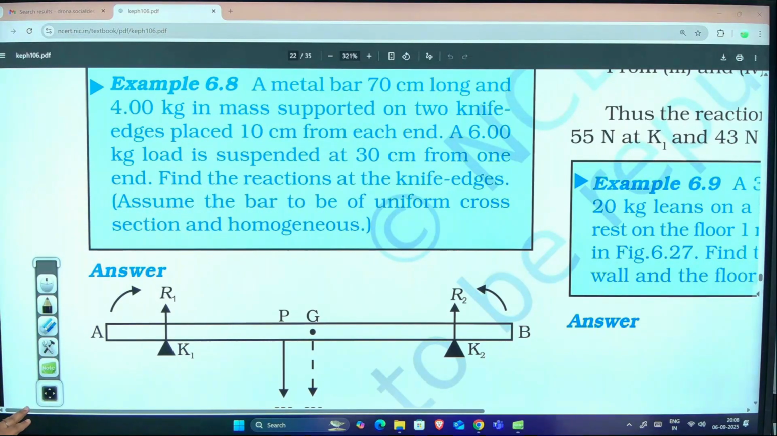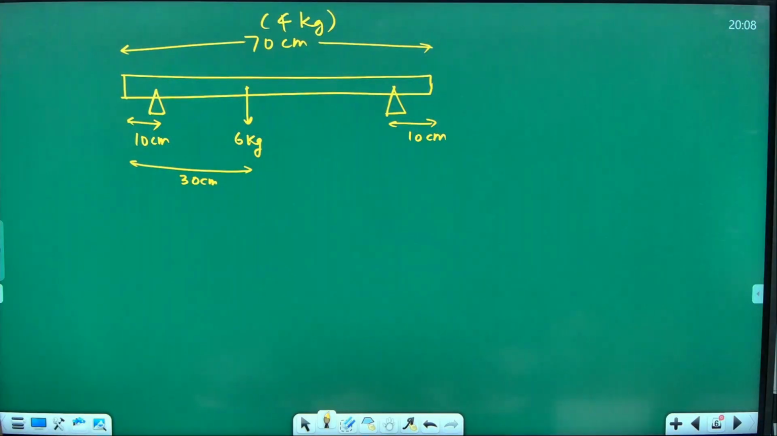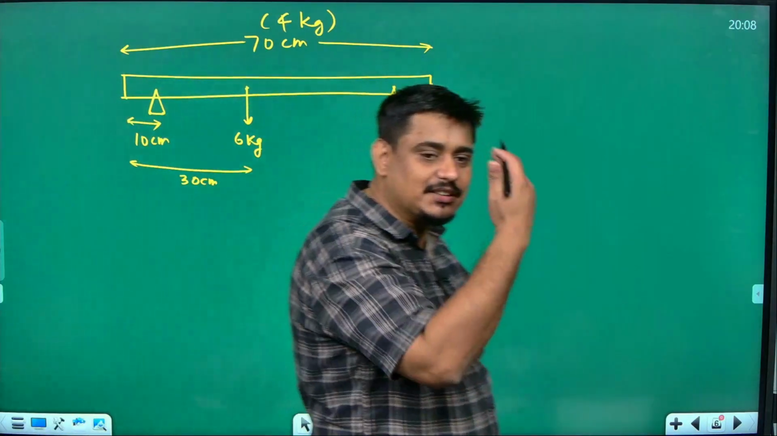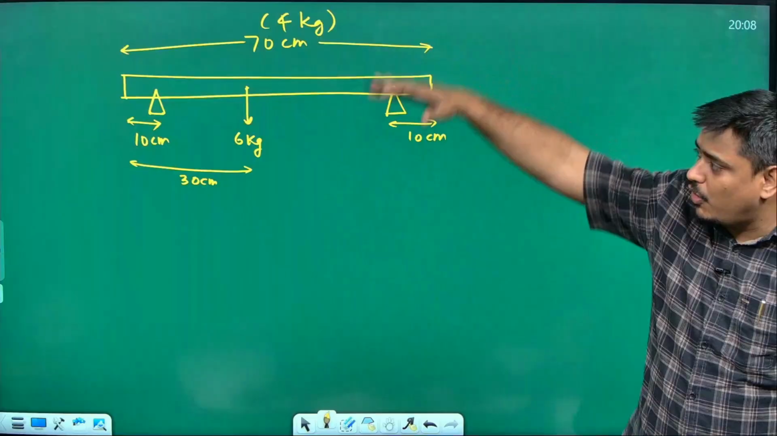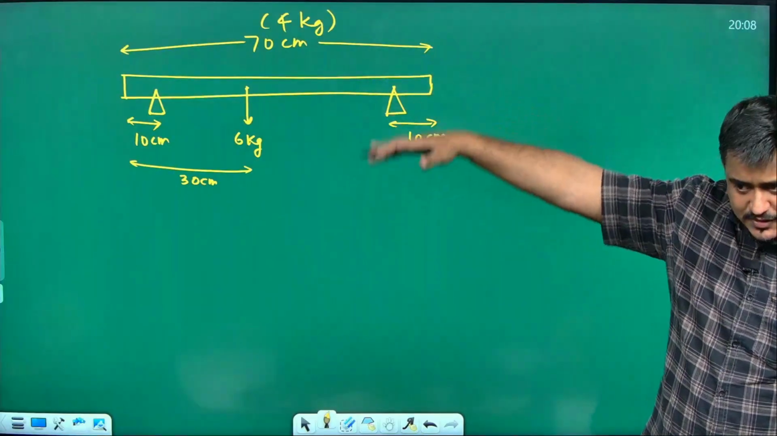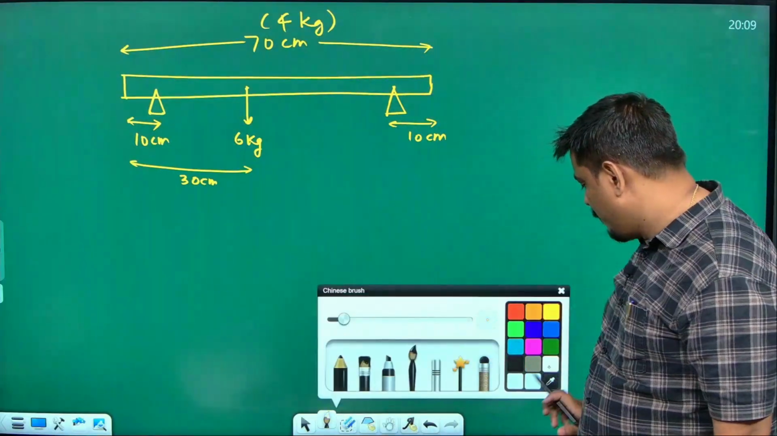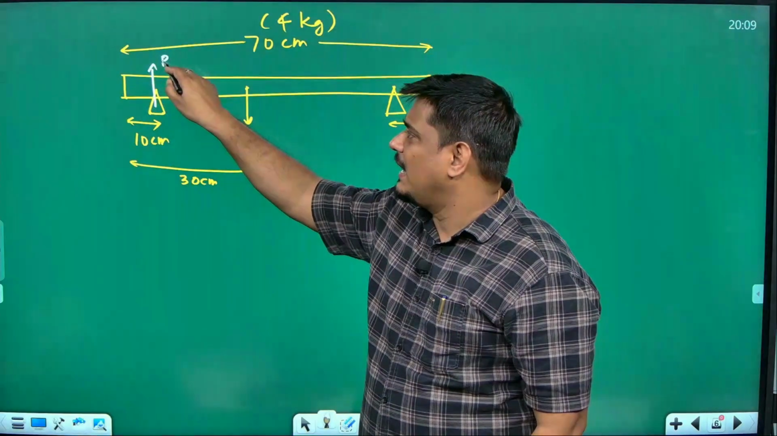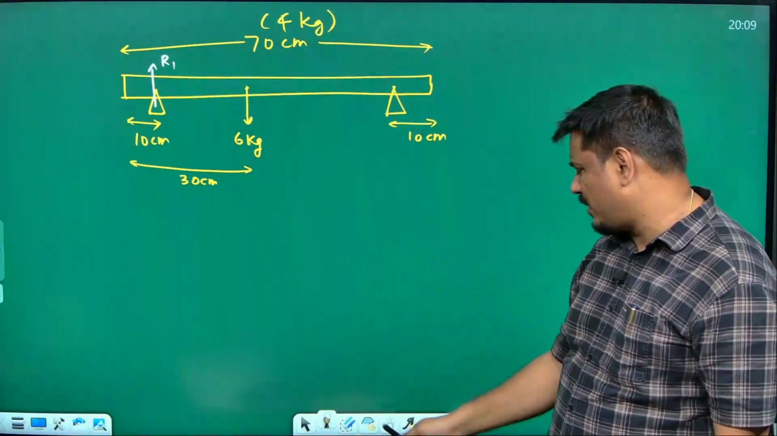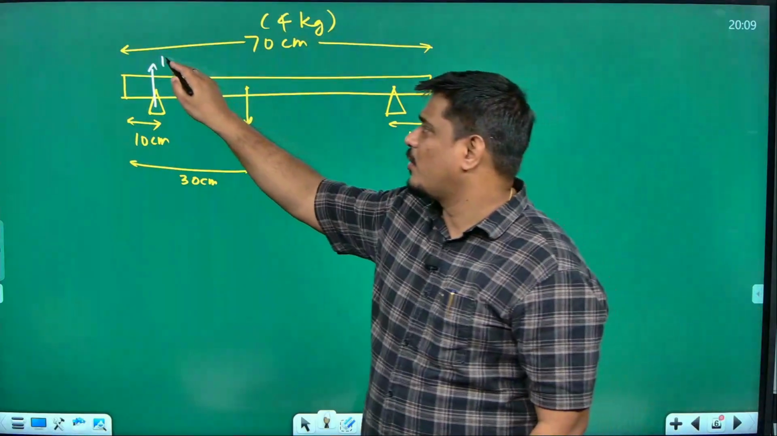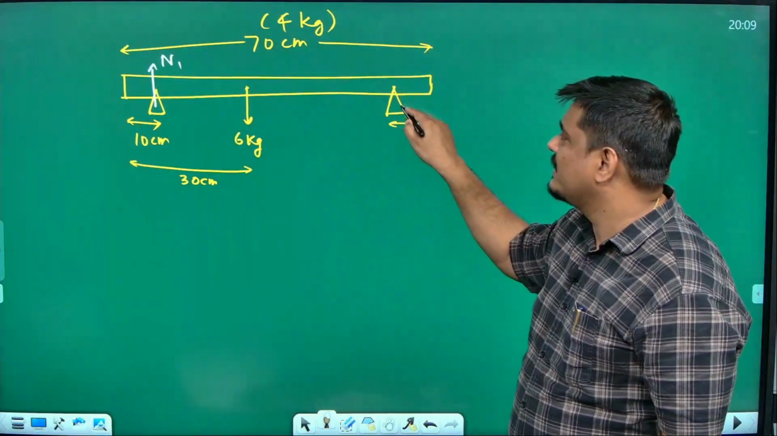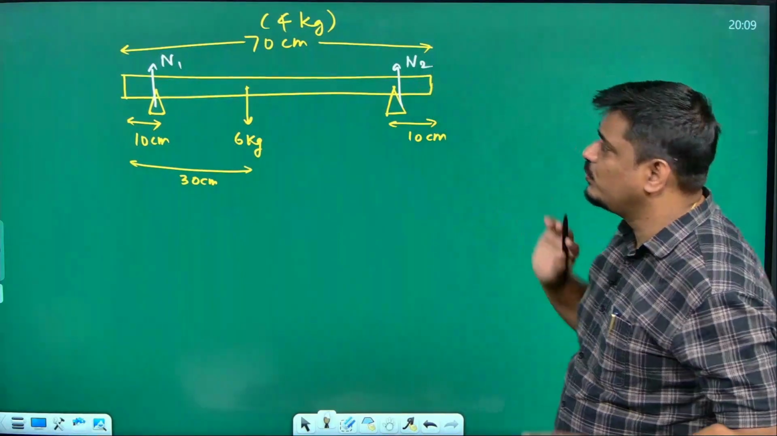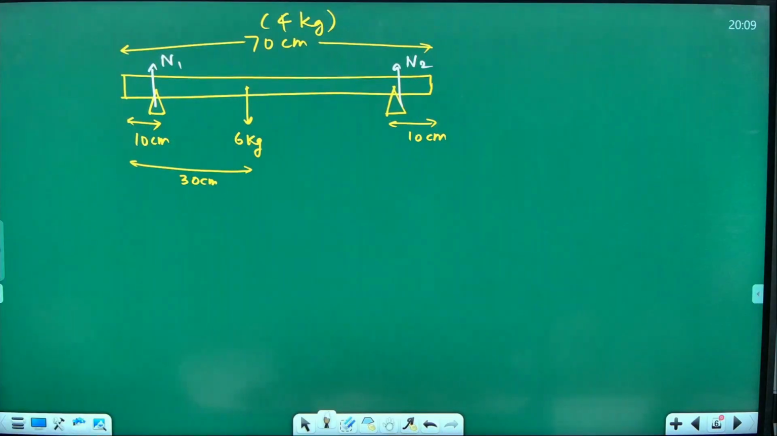That is the question. Reaction means what do you know? Action, reaction. When you have some mass on 2 knives, for sure both these knives are going to give some reaction, isn't it? You can take N1, or if you are comfortable with N1, let us take N1 itself. Normal reaction N1, and here it is N2. They are asking you to find the value of N1 and N2. First of all, I will ask you,